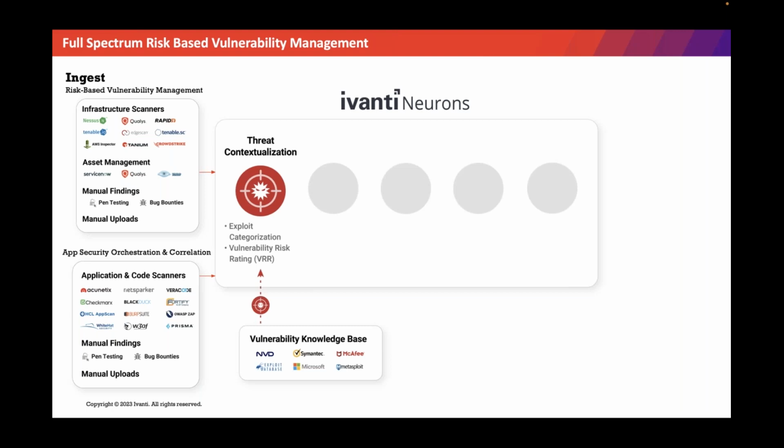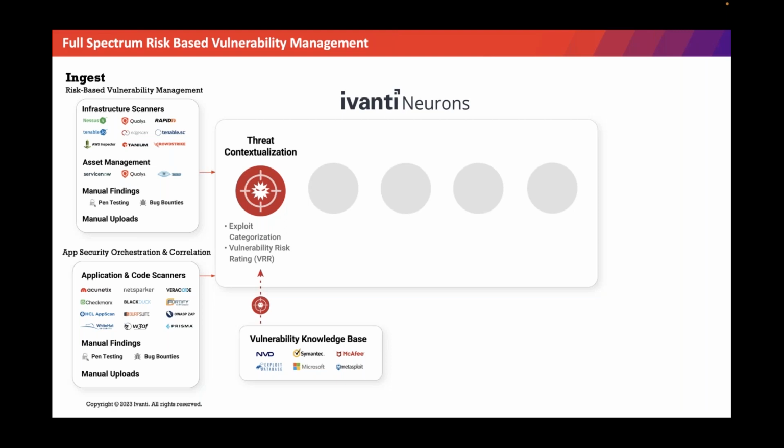Once we get your data into our platform, the first thing that we have to do, and this is the very critical thing, is we apply our data, the Vuln knowledge base, VulnKB, to your data. And when we do that, we call that our vulnerability risk rating. What we're doing is the process of assessing all of your highs and criticals first. If that high or critical does not have weaponization, if there's no RCE, no ransomware kit, they're not trending, we actually take those highs and criticals and we drop them to